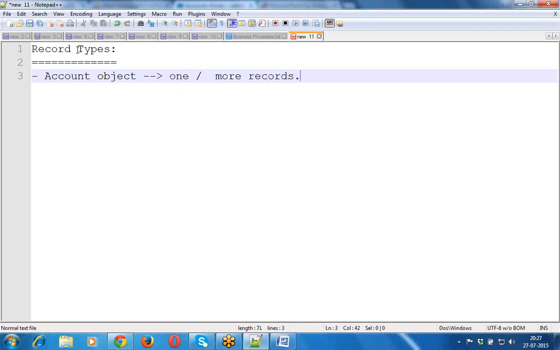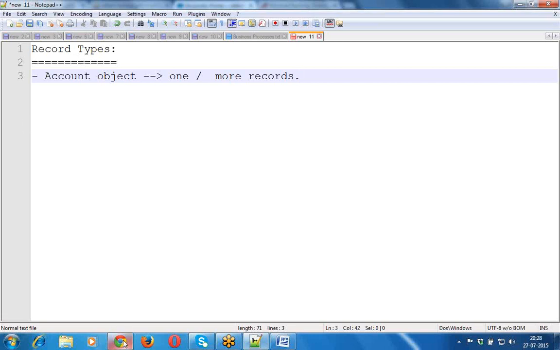So whenever you are creating multiple records, all the records will have the same format, because we are creating the records in the same object itself. The values may be different for each and every record, but the fields, the structure and the look and feel, everything will be the same.